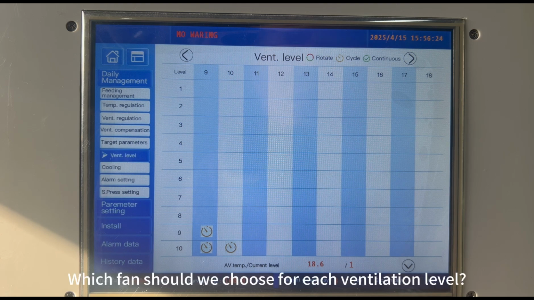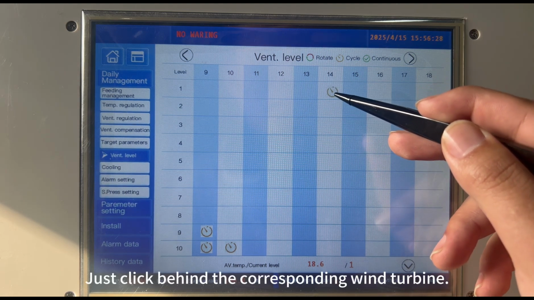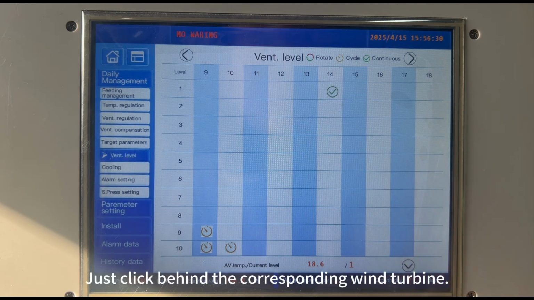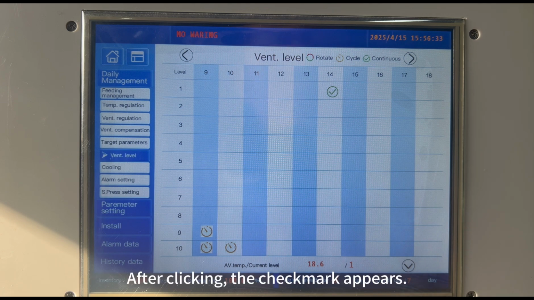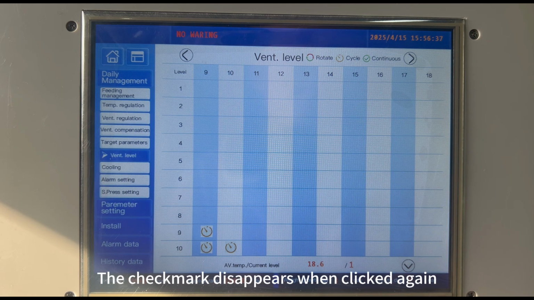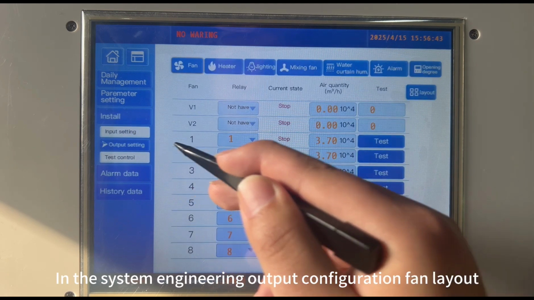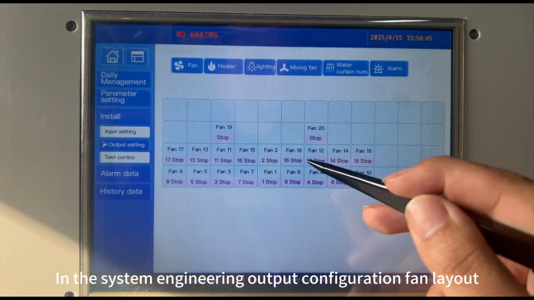Which fans should we choose for each ventilation level? Just click behind the corresponding wind turbine. After clicking, a check mark appears. The check mark indicates that it is enabled. The check mark disappears when clicked again. This indicates that this set of fans is not enabled. In System Engineering, Output Configuration, fan layout,